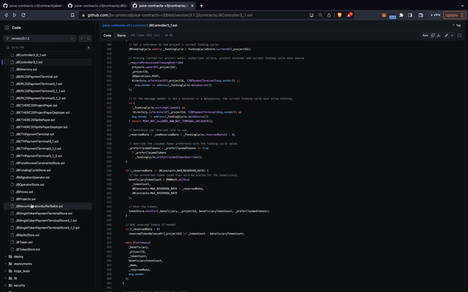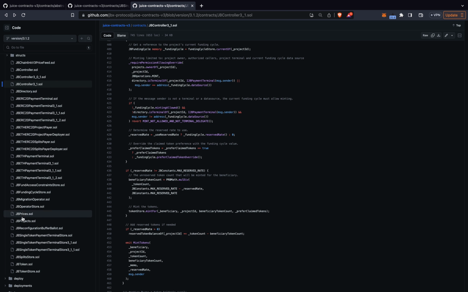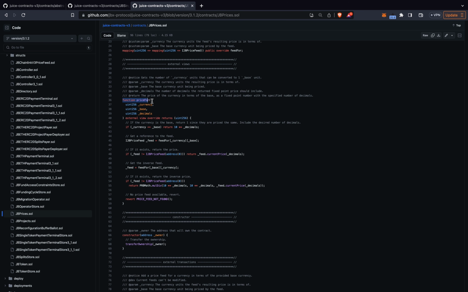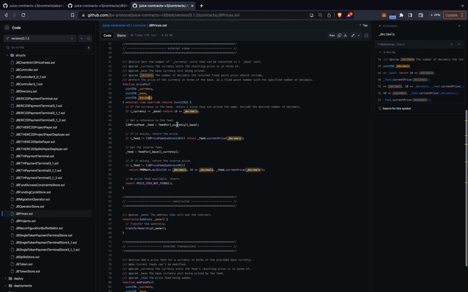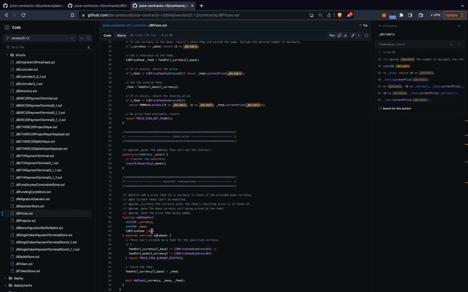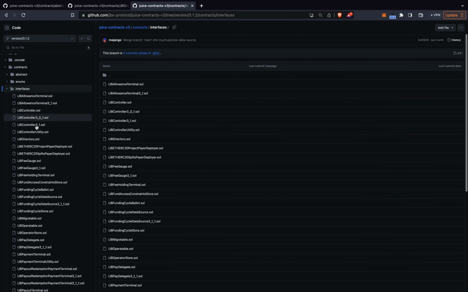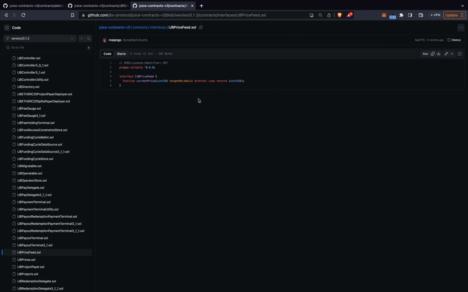Yeah, so you can add a feed. I'll do a cursory overview here. In JBPrices, you can ask for the price for a currency, the base, and the number of expected decimals. Then the owner of this contract, which is JuiceboxDAO, can add a feed, and that's an IJBPriceFeed. IJBPriceFeed is, as you'd expect, just a wrapper for getting a current price. And so you can roll a Chainlink oracle, or a time-weighted price oracle. Currently, the one that we use is just an ETH USD Chainlink oracle, and that's